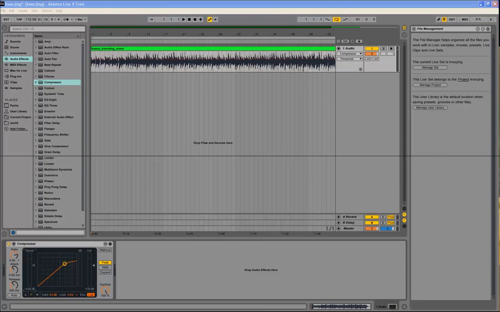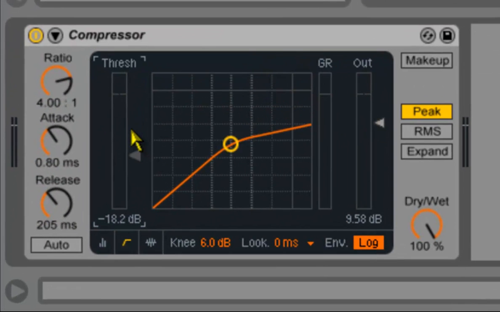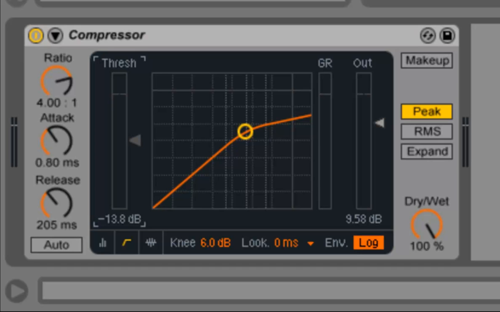Right now, the goal of a compressor is to reduce the level of the loud stuff. We set a threshold, and that's the point where the compressor starts reacting. As the envelope gets above that, the volume comes down. The speed at which the volume is reduced is your attack